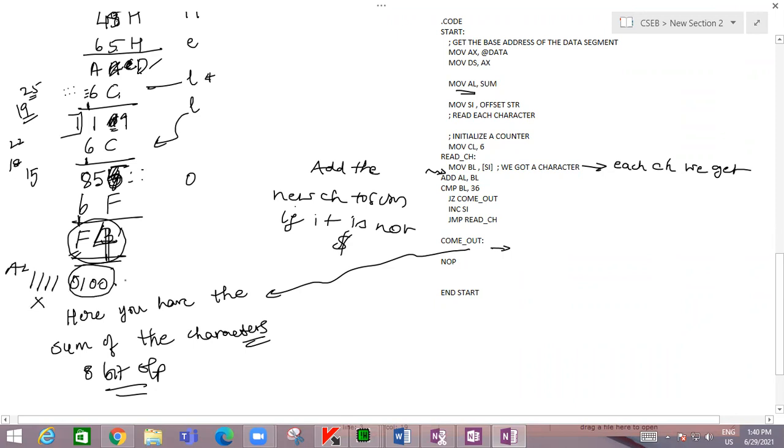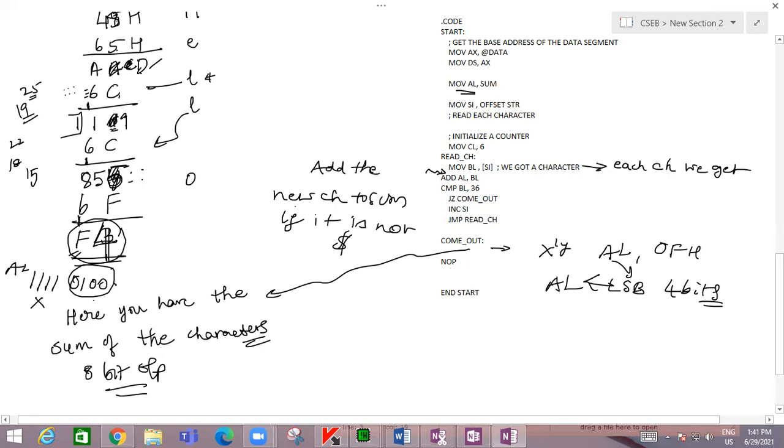So you multiply AL with 0FH. Then you'll have only the LSB 4 bits. That is what we wanted, that is, AL will have only those numbers.